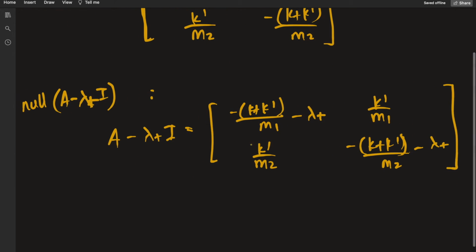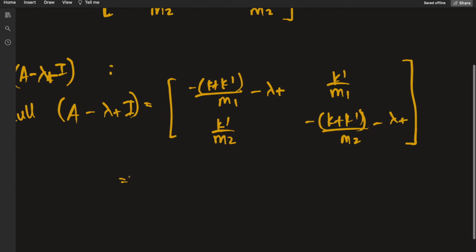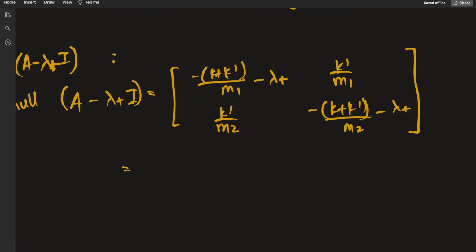And now we need to find the null space of this guy. So just basically try to convert this into some row echelon form. So what we can actually do is divide first the entire first row by this crazy expression over here, giving 1, k prime over m2,